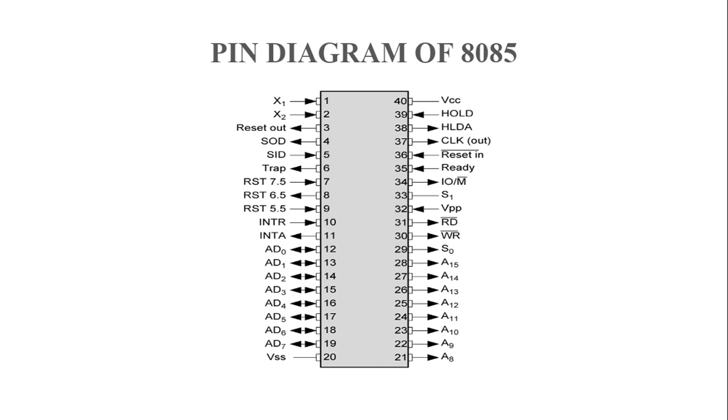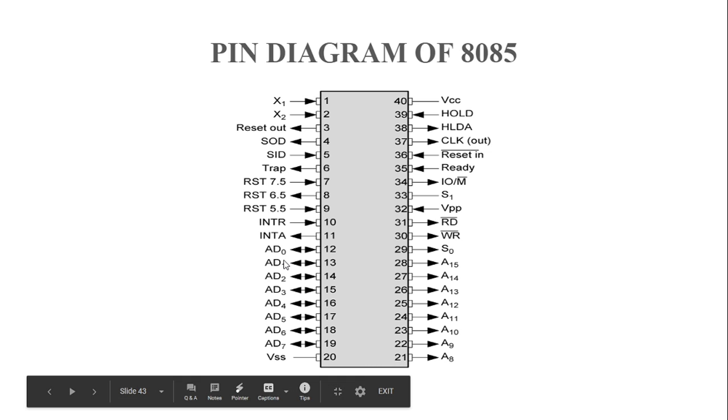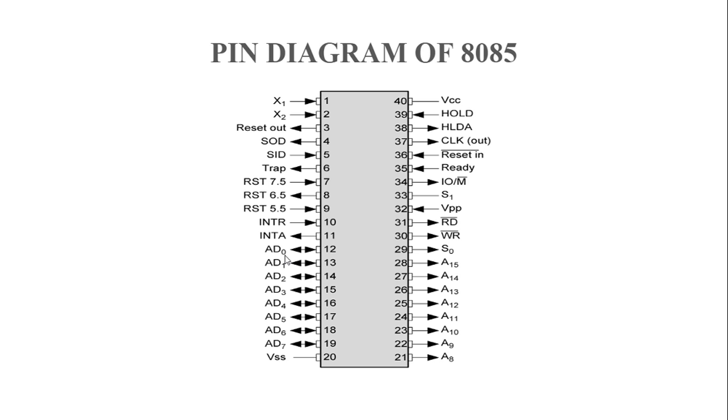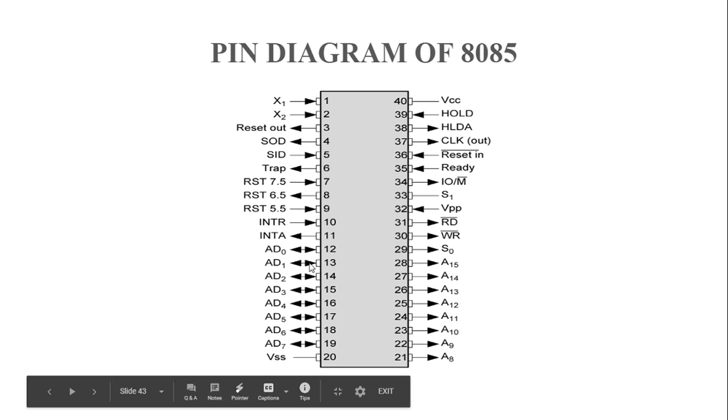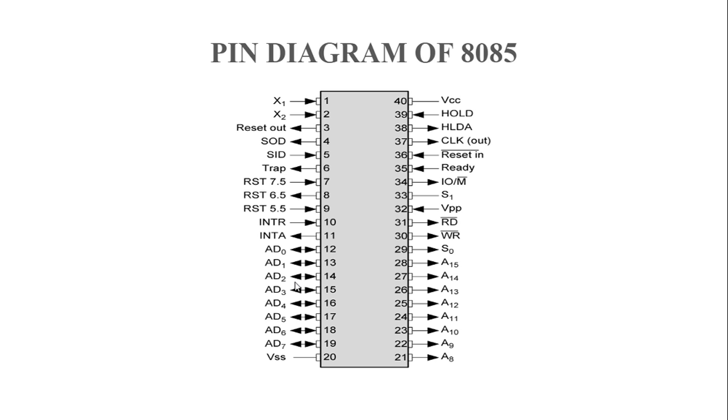data may be transferred to the microprocessor, or data is taken from the microprocessor to any other devices. So that is why the data pins are bidirectional. Data pins are always bidirectional. The data bus is also bidirectional. That is why when data is transferring, these pins act as input as well as output pins, depending upon the type of operation performed by the MPU. So in this way, on these 16 pins, we are transferring the 8-bit upper address and 8-bit lower address, as well as the 8-bit data on those lines.